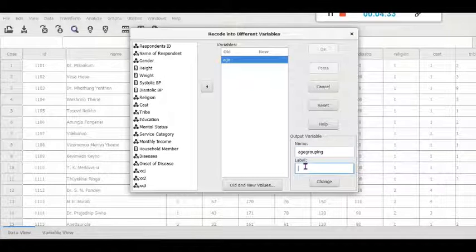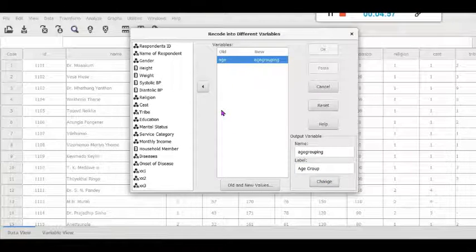And the label, what does it mean? Age grouping may not be understood by everybody. So we should write the label of the variable, that is the name of the variable. Let us write it as age group. Then change.